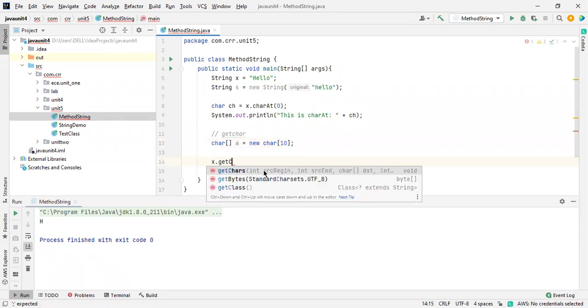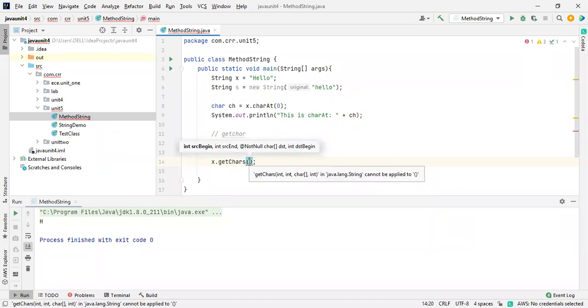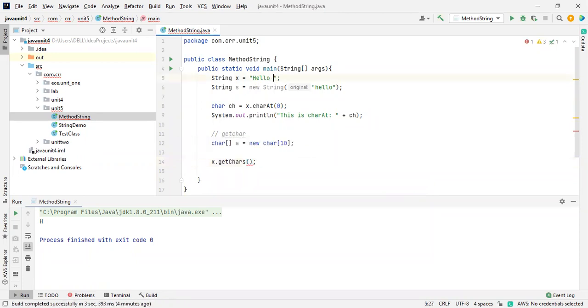See this one. We are having 1, 2, 3, and a 4. Let me take this out. Inside this, we are having 1, 2, 3, and a 4. Four arguments are required to represent this one. Inside this, I'm going to take one more example, like a hello world. So here, how am I going to do that one?